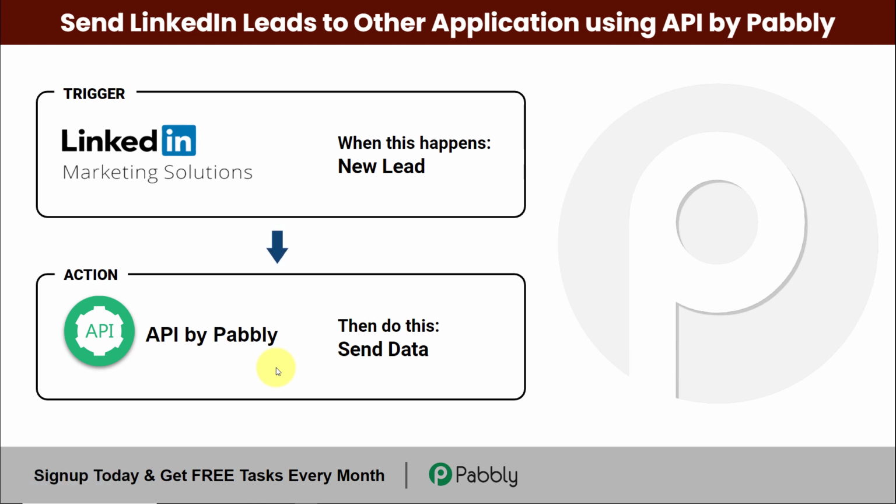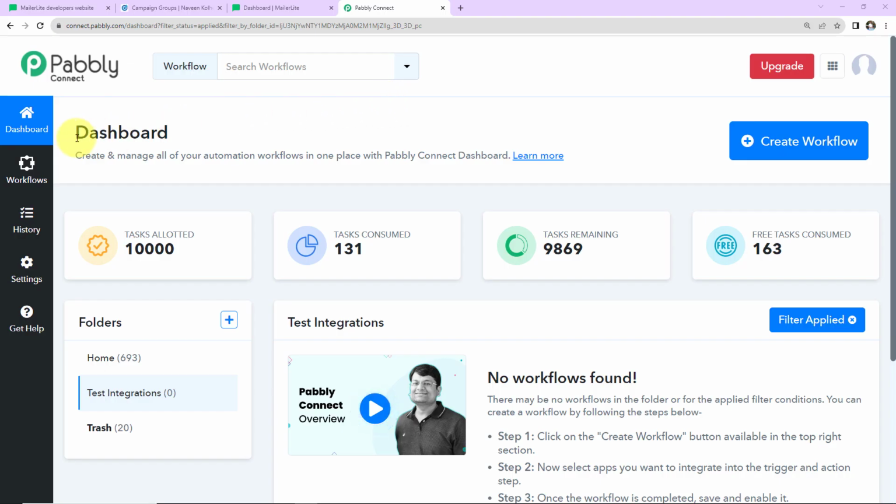and MailerLite. Now to do this, I'm going to set up this connection using Pabbly Connect, where my trigger will be LinkedIn lead generation forms and my action application is this module, which is API by Pabbly. Now to understand how you can integrate and automate this entire process yourself without the need of any coding skills, let's begin. So this here is the dashboard of Pabbly Connect, and you can reach here by the link which